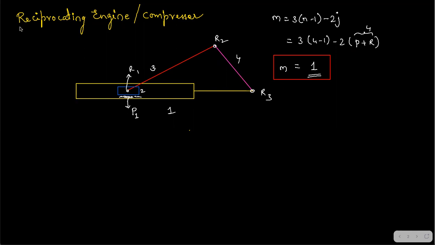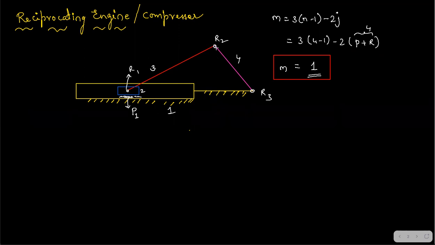So now, for a reciprocating engine, to get it from this chain, we are going to fix the cylinder. If we fix the cylinder, what is going to happen? Just see. Now the crank will rotate. Crank is link 4. Crank is going to rotate. So if the crank is rotating, what is actually happening? Should we visualize it clearly?